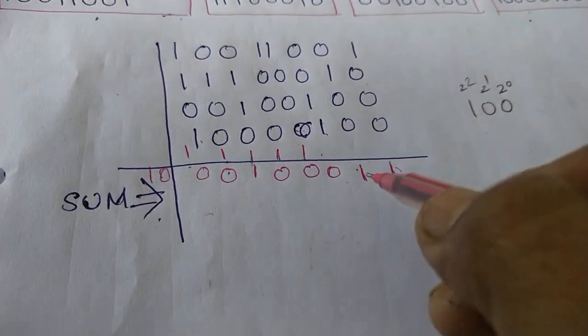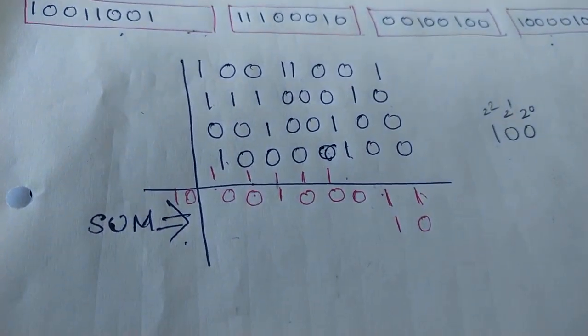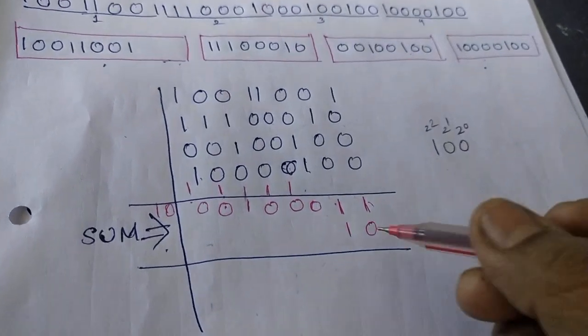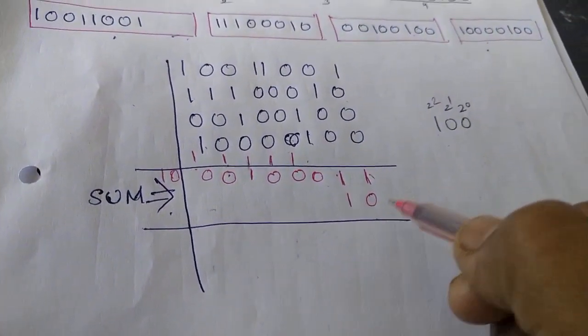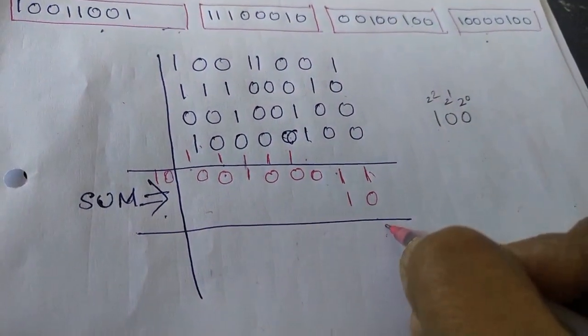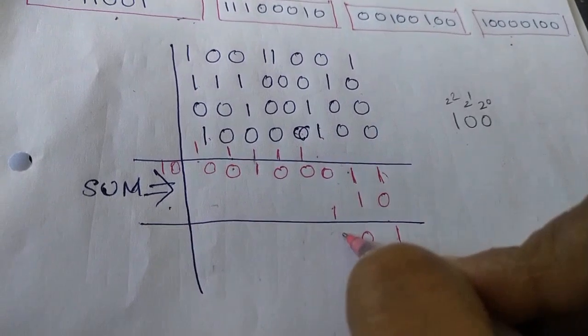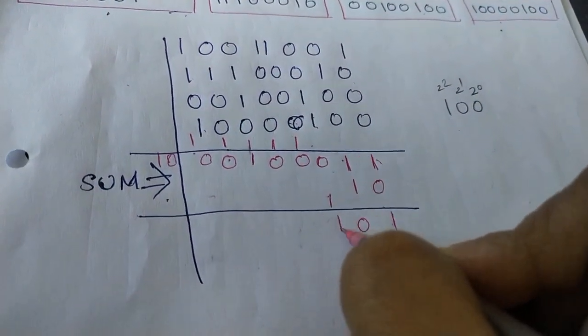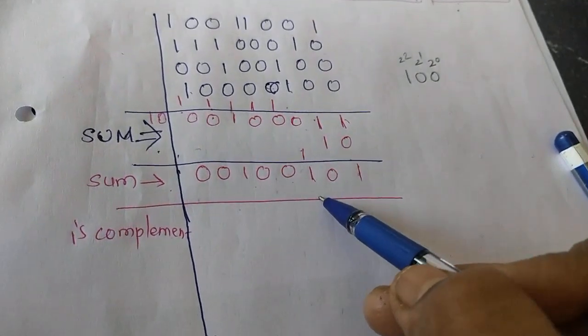So in the next step, we are just going to wrap up these carry bits. For wrapping up this carry, we are just going to add it again. Okay, so 1 0 1 1 1 0 with carry 1 0 1 1. Other bits will remain the same. This is the sum we get.